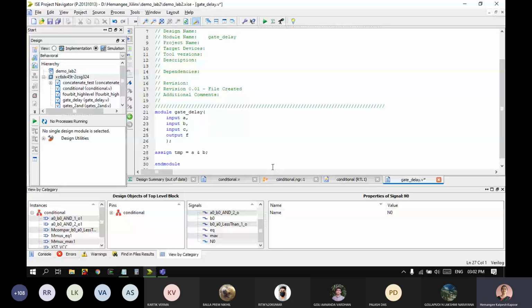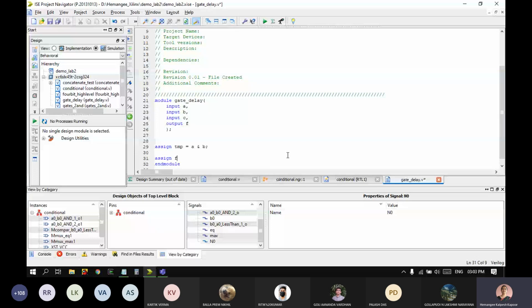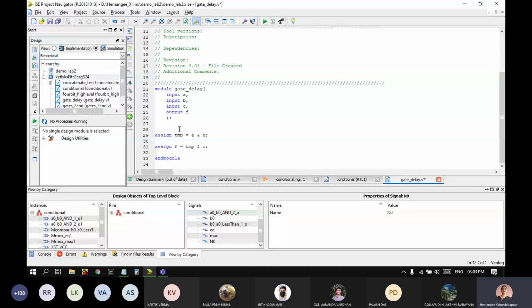F equal to temp and C. So this is effectively a 3-input AND gate, A and B and C, but I am using a cascade. So first A and B is cascaded. A and B is one AND gate. Its output is given to the next AND gate. And I need to declare the internal variable, wire temp.